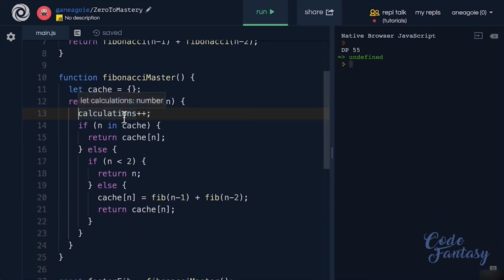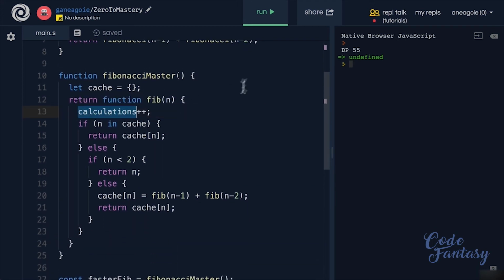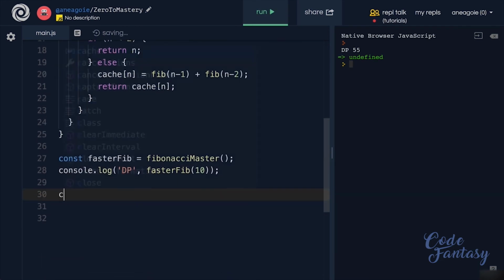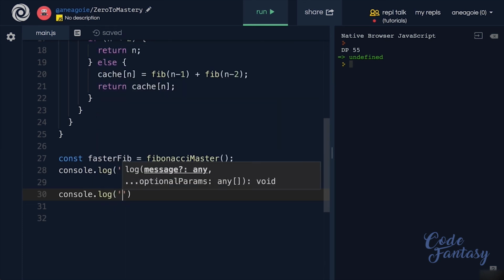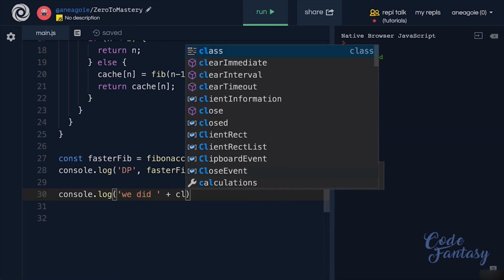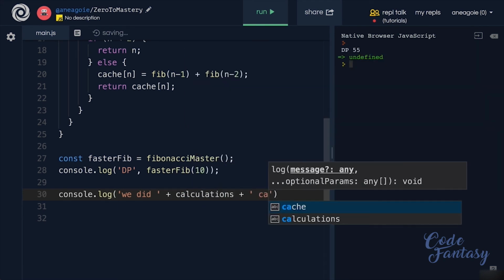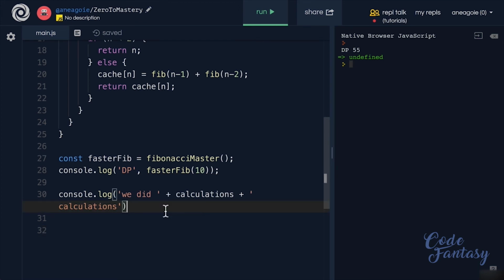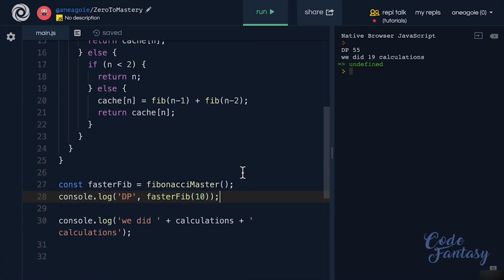And let's see how many times this calculation happens. If I run this, oh, and we need to console log these calculations. So at the bottom over here, let's have a console.log. And we'll say we did calculations, just like that. So if I run this, we see that we did 19 calculations with the Fibonacci master